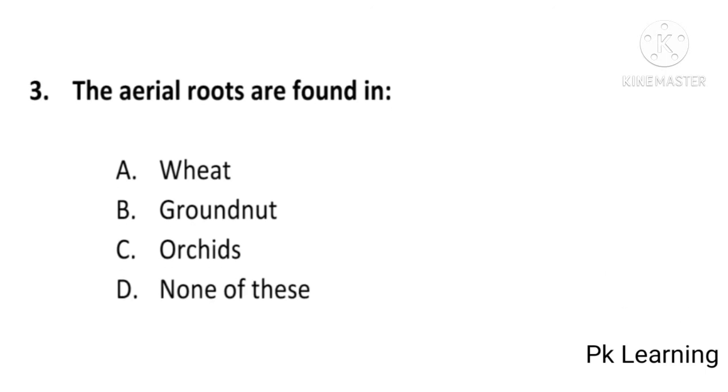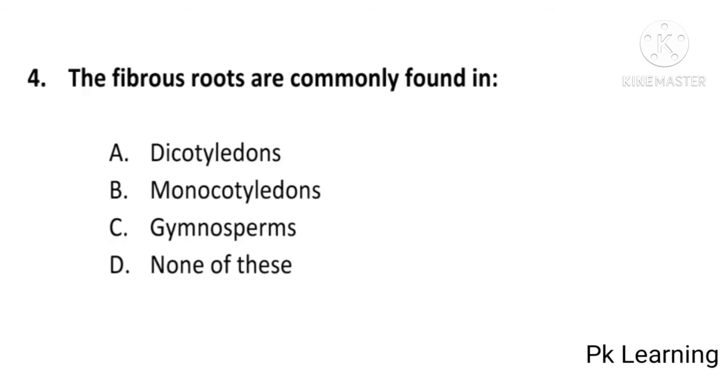the aerial roots are found in wheat, groundnut, orchids or none of these, and the answer is C, orchids. Aerial roots are found in orchids. C is the correct option. And the next question is the fibrous roots are commonly found in dicotyledons, monocotyledons, gymnosperms or none of these, and the answer is B, monocotyledons. The fibrous roots are commonly found in monocotyledons. B is the correct option. And the next question is